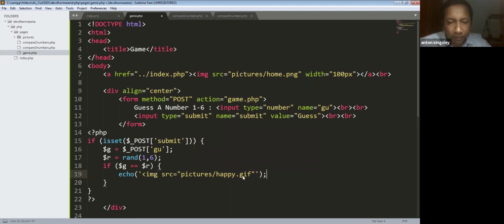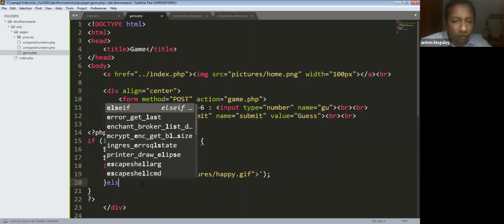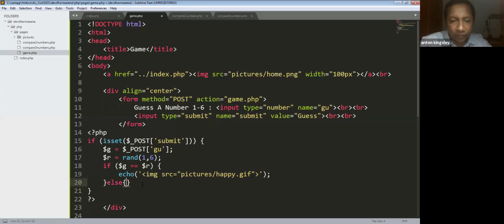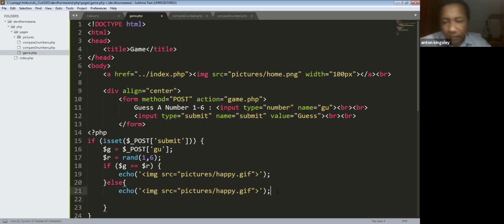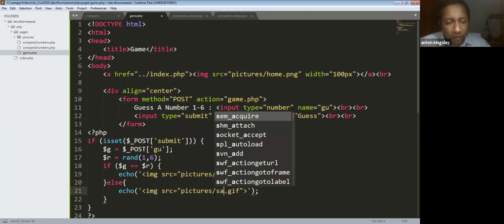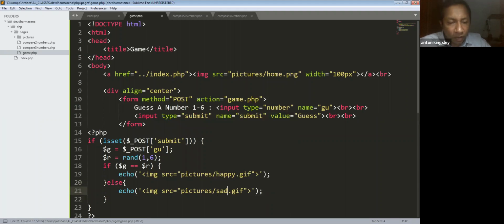Right. So this is the type. Otherwise, if your guessing is incorrect, so you'll be sad, isn't it? Okay, sad. Right. I will quickly put the